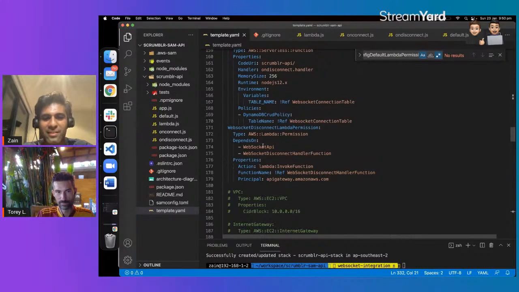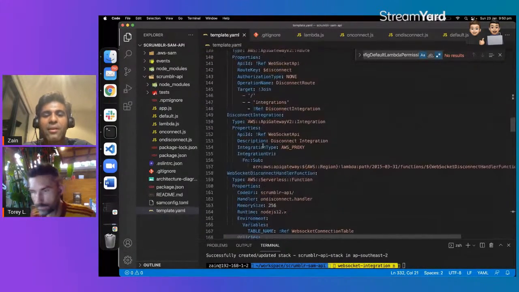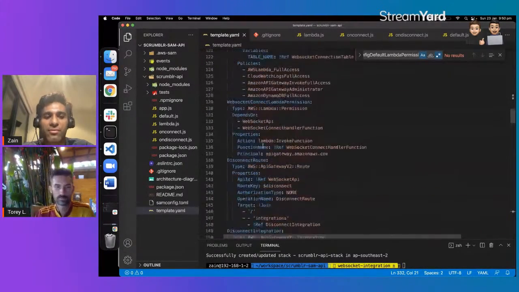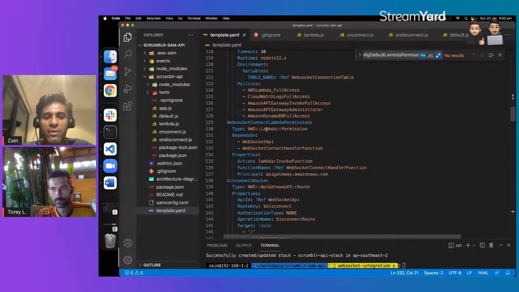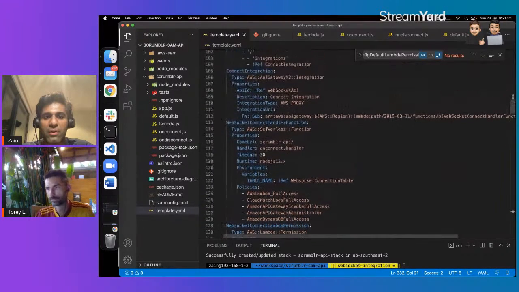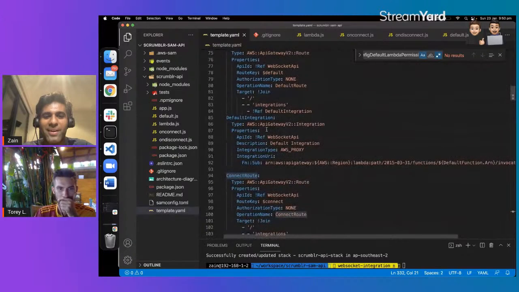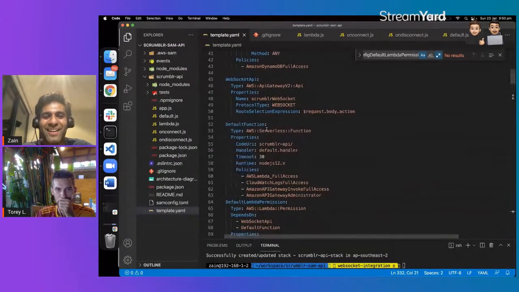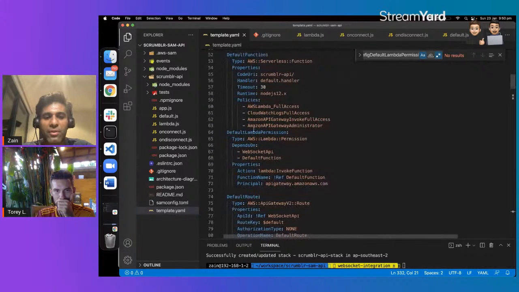All right, the thing has failed. I think I know where I failed. Delete function, delete lambda. Where did it say I failed?